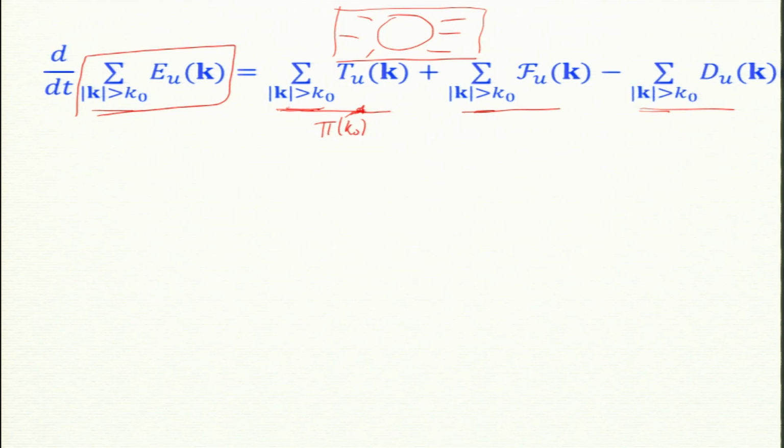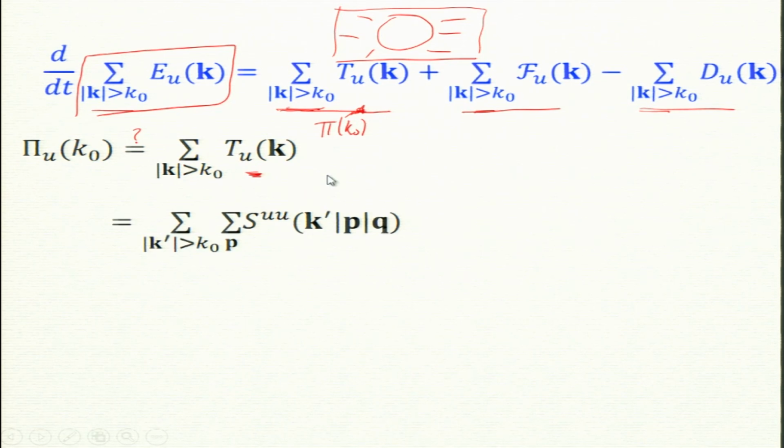Okay, how will I prove it? Now, let us use our idea of mode to mode. So, is Pi(k naught) equal to this? Is it true or not? I have one definition already given, p within the sphere and k outside the sphere. Now, we will see whether that formula matches with this one. So, I wrote what T(u_k) is. T(u_k) is this. Okay, this was done two slides back.